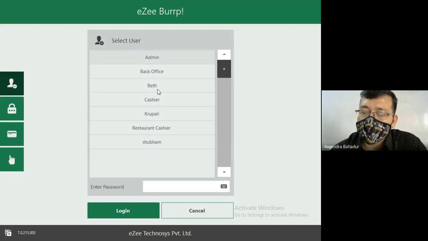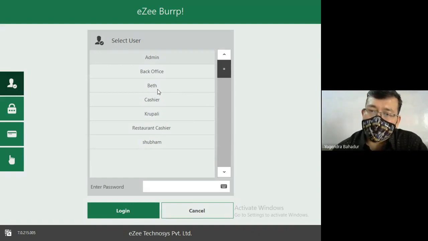You will not have to open the system with someone else's ID. You will have to use your own user ID, and you will have to log in using your own user ID only. Why have I been saying you have to enter using your own ID?